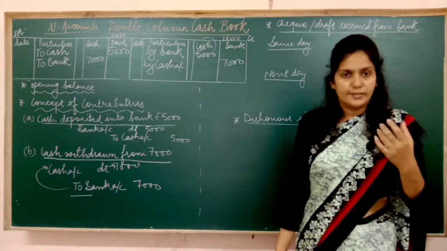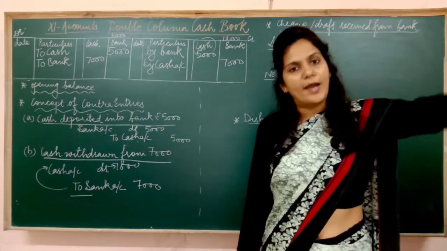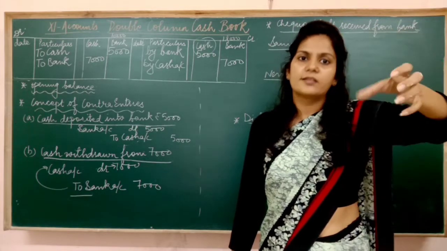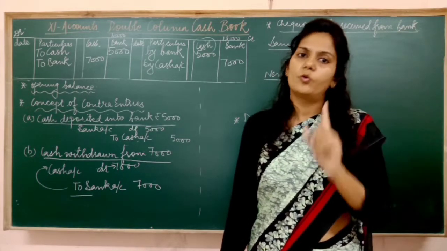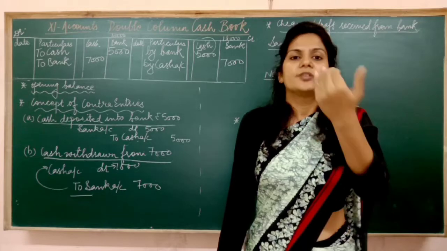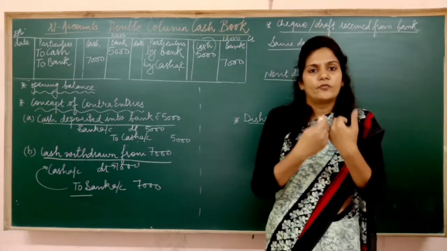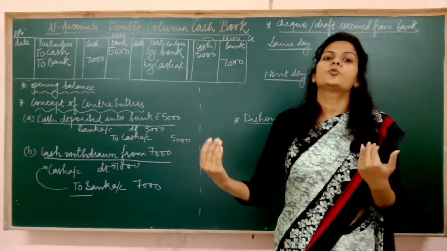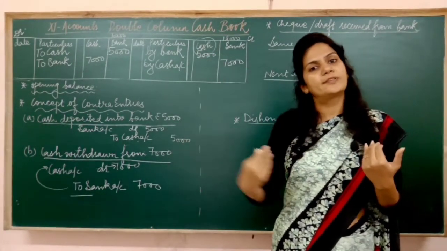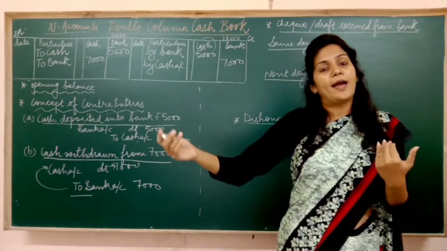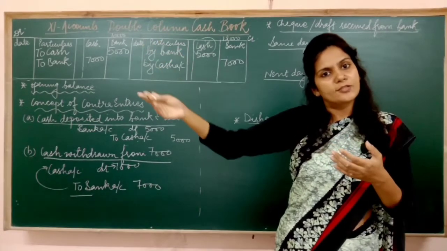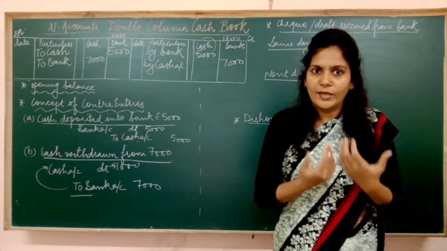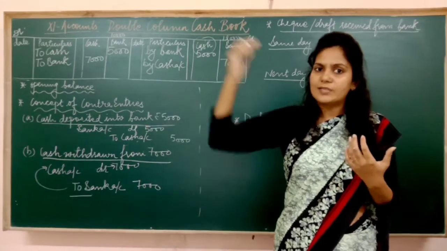If suppose my business has received a check from Mohan, then obviously I am going to bank to give this check to my bank, so that bank can enter the amount in my bank account. ये तो होगा. अगर मुझे किसी से चेक मिलेगा तो मैं obviously उस चेक को अपने बैंक में डिपॉजिट करूँगी. My bank will come to know when I am going to deposit that check into the bank. My bank will increase my bank balance also, because मुझे किसी से चेक मिलने का मीनिंग क्या है, that I have got money, no, so my bank will increase my bank balance.